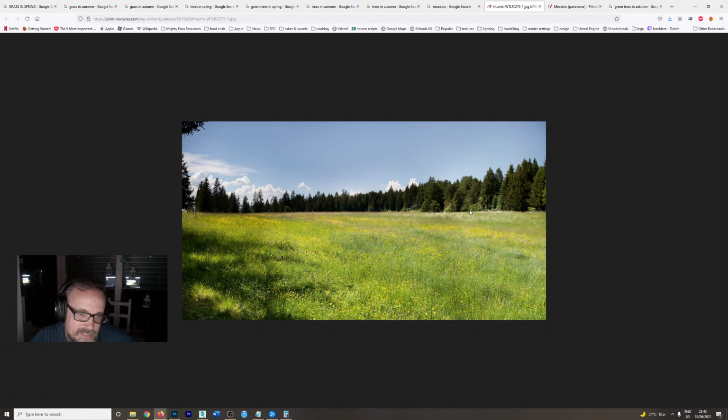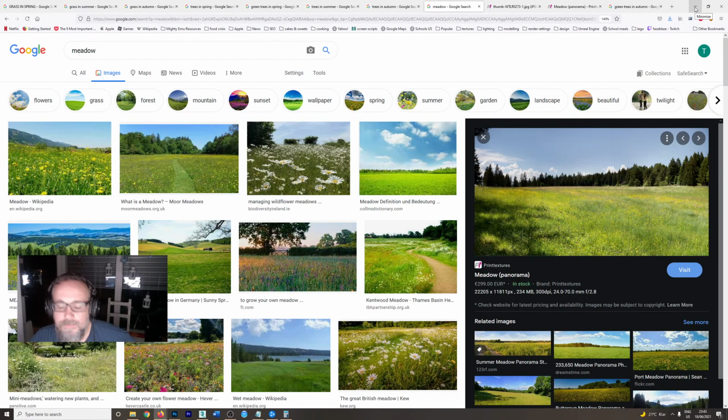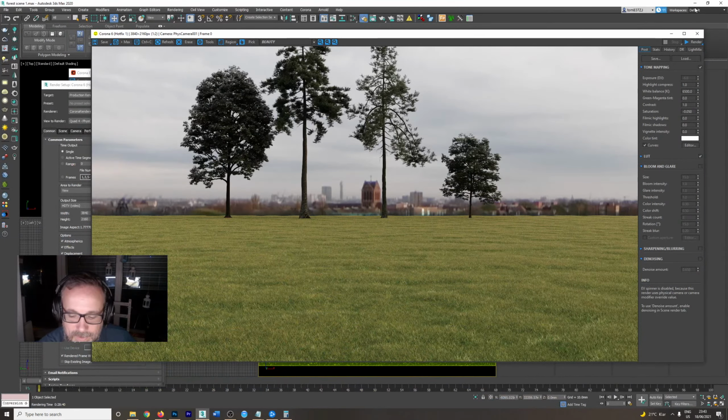Now I would say this is early summer, maybe even towards mid to late summer. But here you've got these different colors in the flowers, and swaths of color here and here. But the main thing is these trees are so dark, and these ones are so light. So that's kind of what we're looking at